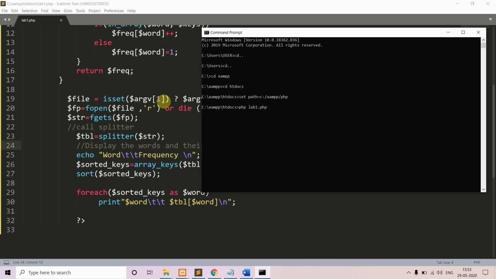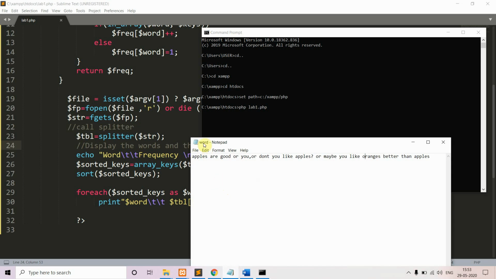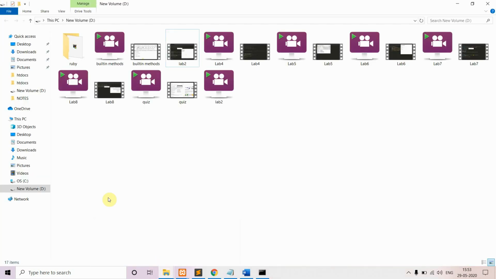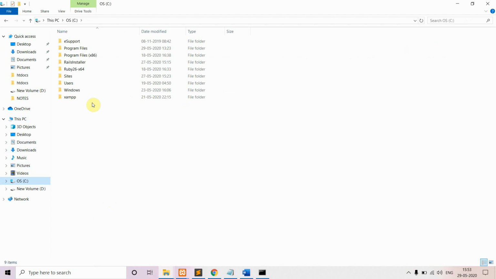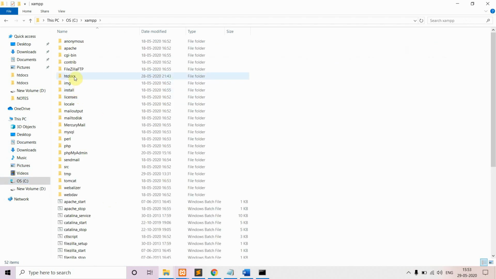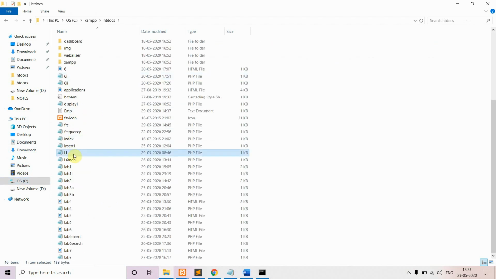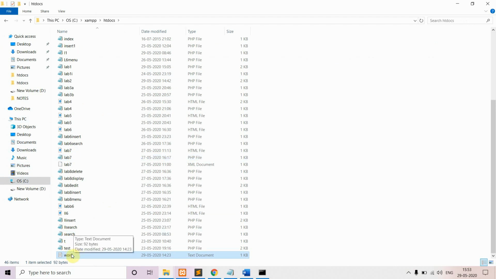We are checking whether it is given or not. So for that we will give the name of the file wherein I have my data. The name of the file here I have given as word.txt. Okay. So the file wherein I have the information, that is the statement which is separated by space or comma or question mark, I have written within a file called word.txt and I have saved this file inside my XAMPP and within htdocs. So the name of the file is word.txt. So I have it over here.